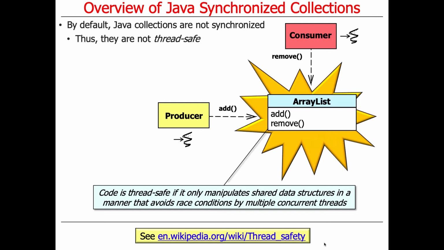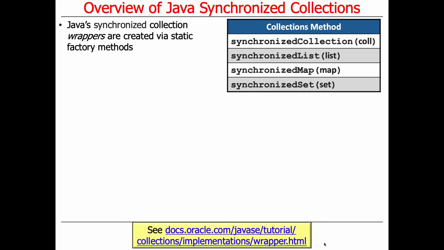So code is thread safe if it only manipulates shared data structures, in other words, mutable shared state, in a manner that avoids race conditions by multiple concurrent threads. Okay, so how do we solve this problem? Well, one way, of course, is to put locks in the code yourself, but that gets ugly, and why reinvent the wheel? So an alternative to doing the locking yourself externally is to use one of Java's built-in synchronized collection